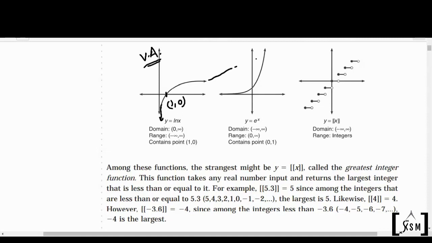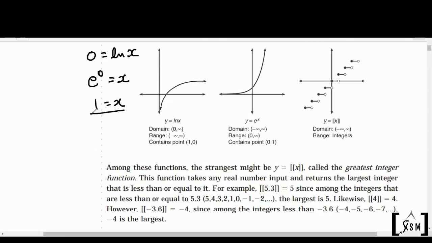If you want to find the x-intercept, what do you do? To find the x-intercept, we put y as 0. So we get 0 equal to ln x. And when I convert this to the exponential form, I will get e to the power 0 is equal to x. Right now, I'm not teaching logarithm, so I'm just explaining how to find the x-intercept. And e to the power 0 is 1. That is why the x value is 1. So this point is 1 comma 0. Good.